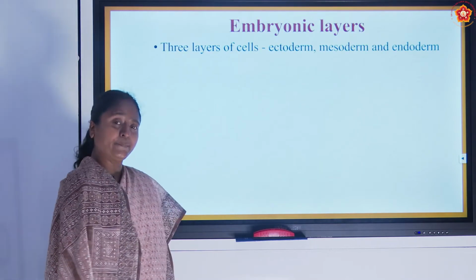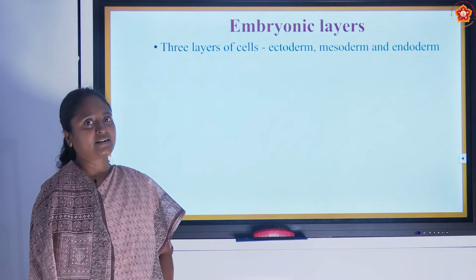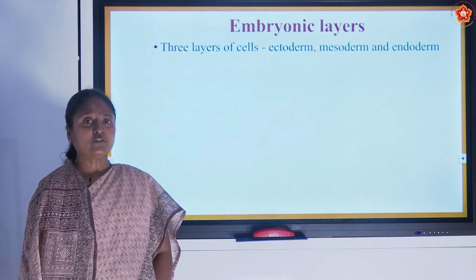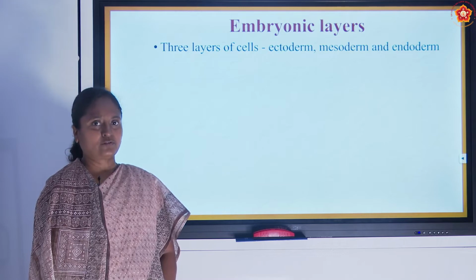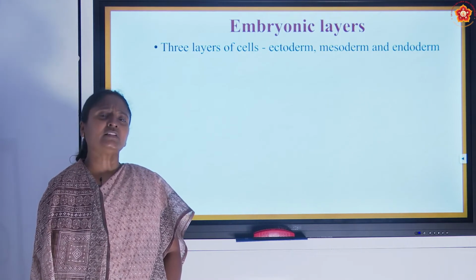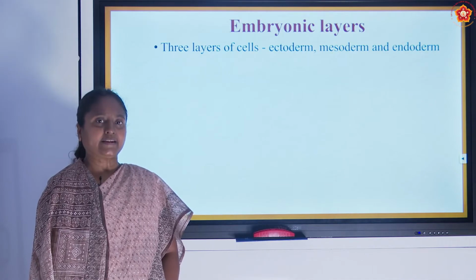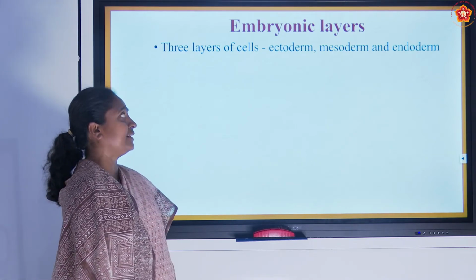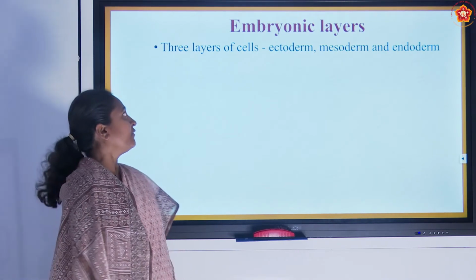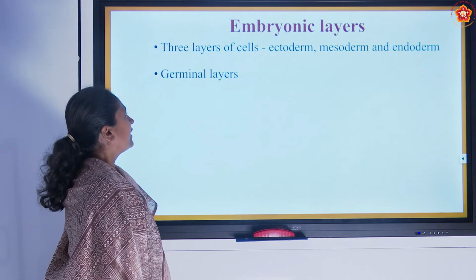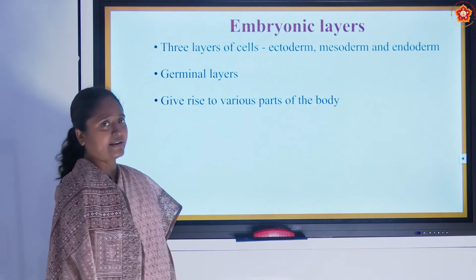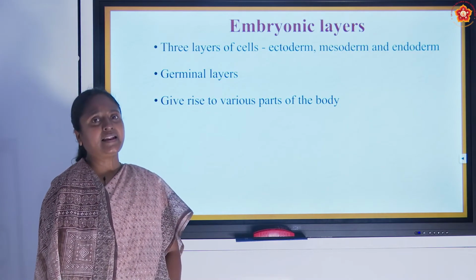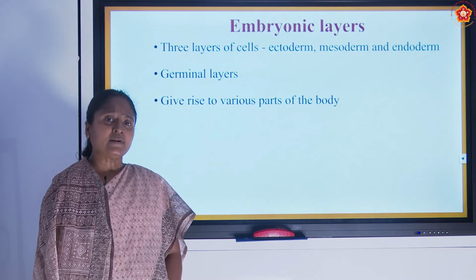Now, based on the embryonic layer, how are the organisms classified? What is this embryonic layer? A fertilized egg will undergo division, right, and then it will go through blastula, gastrula and so on. Then it will form three layers of cells. They are known as ectoderm, endoderm and mesoderm. These are the three layers present in the development process. When all three layers are present, it is one of the important characteristic features we can see in animals. These three layers are known as germinal layers because they are present in the development process